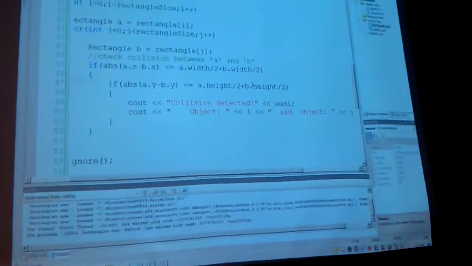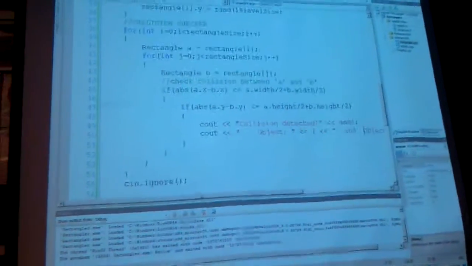Every time it says collision detected, I'll know which 2 objects collided. So I run it right now. I'm guaranteed